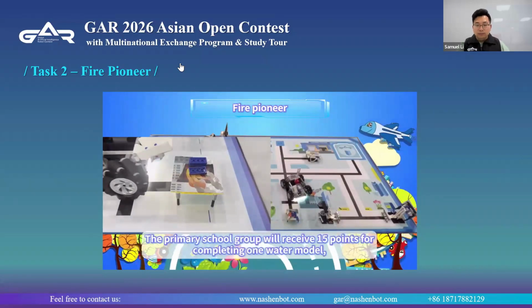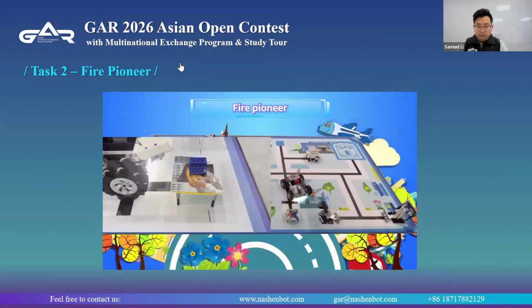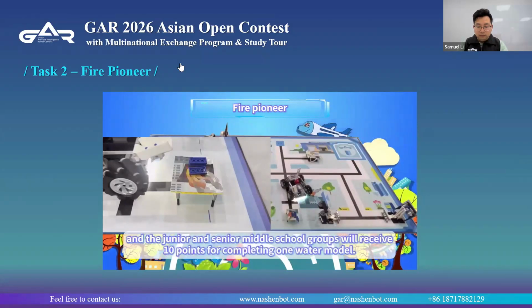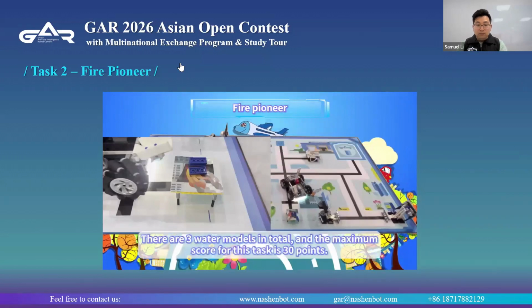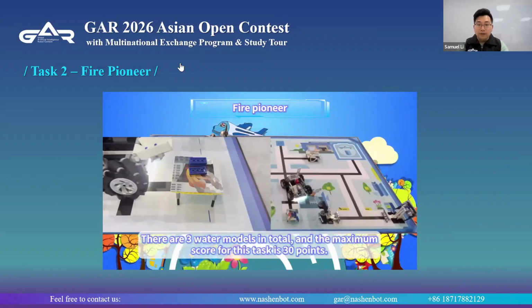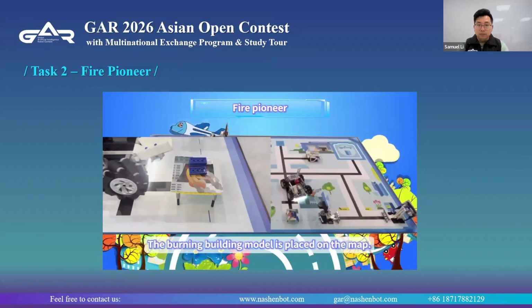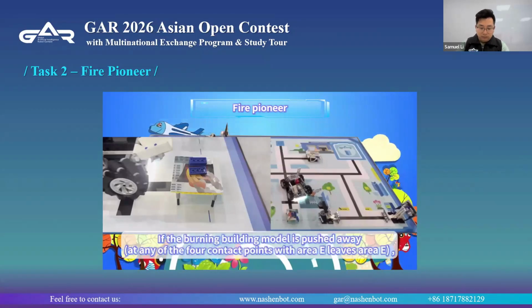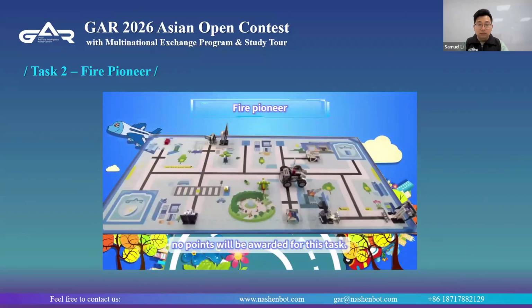The primary school group will receive 15 points for completing one water model, and the junior and senior middle school groups will receive 10 points for completing one water model. There are 3 water models in total, and the maximum score for this task is 30 points. The burning building model is placed on the map. If the burning building model is pushed away, no points will be awarded for this task.